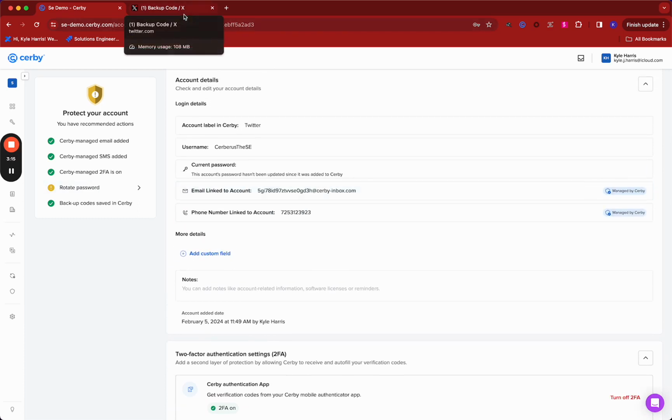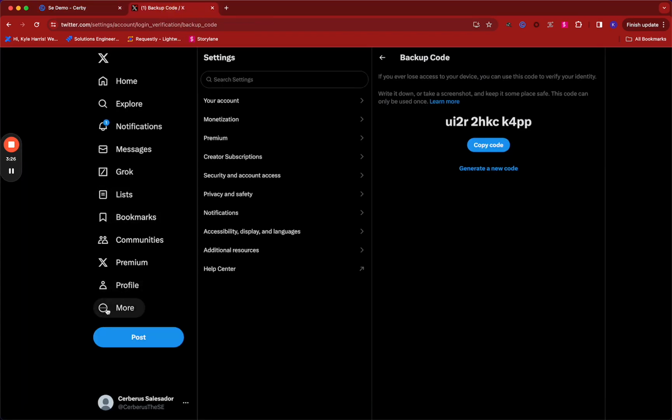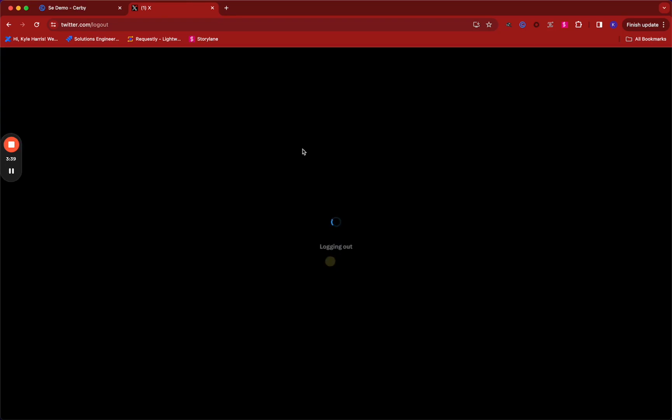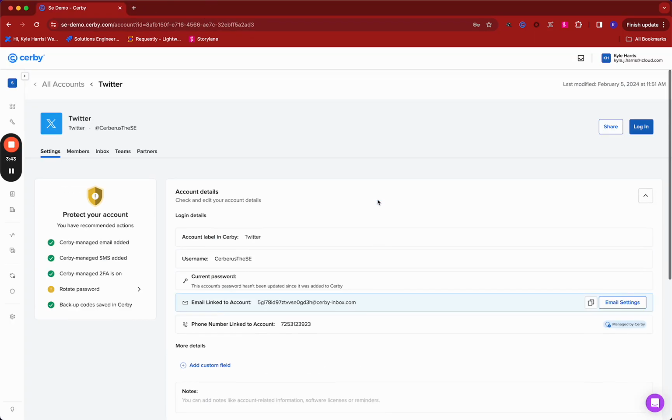We've already set up MFA. All we have to do to rotate a password is to click a button. And what Cerby will do is actually drive the login process through the cloud, go through that process of resetting the password, right, and securely vaulting those credentials within our system. But to show the actual workflow of the system getting onboarded into Cerby, what we can do now is just